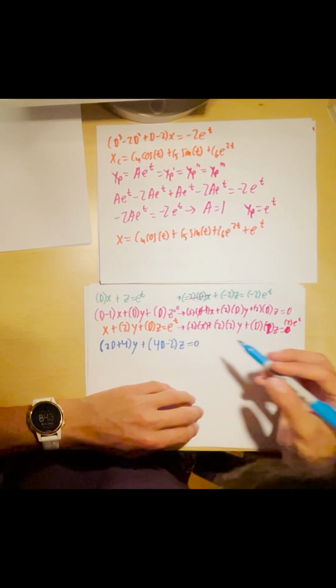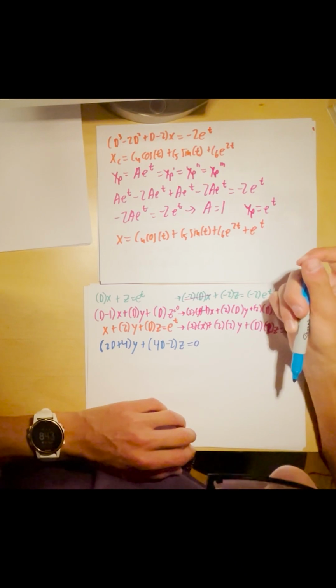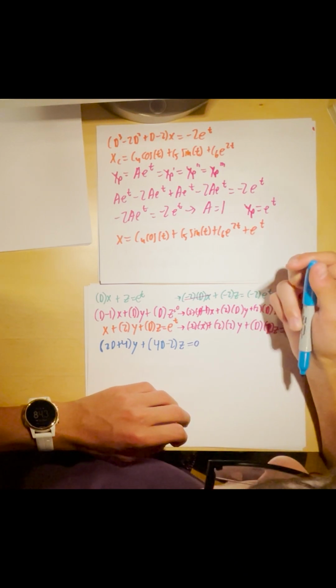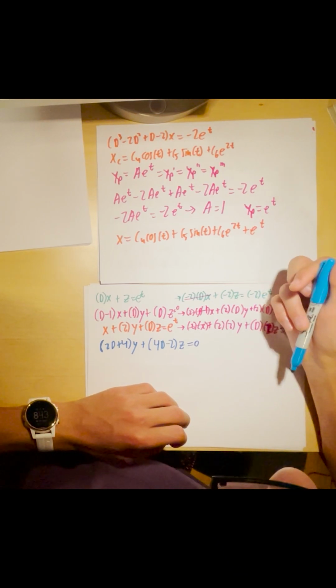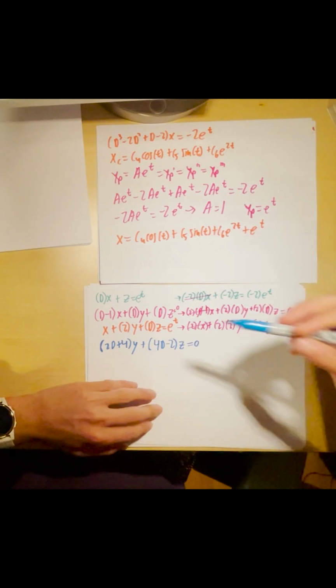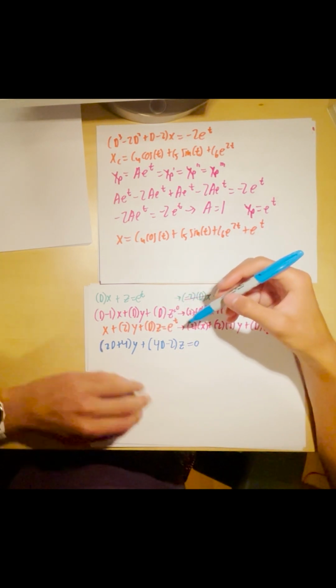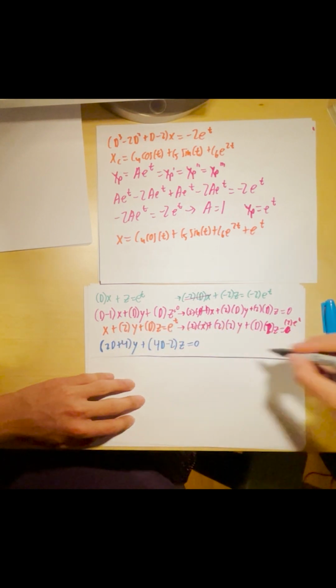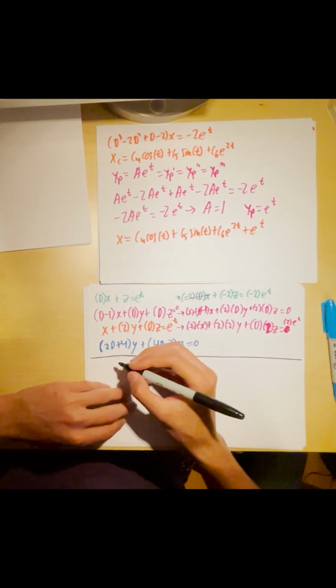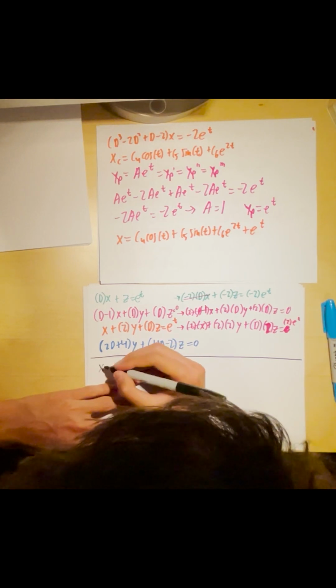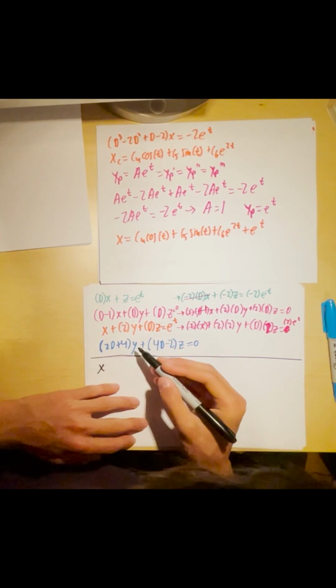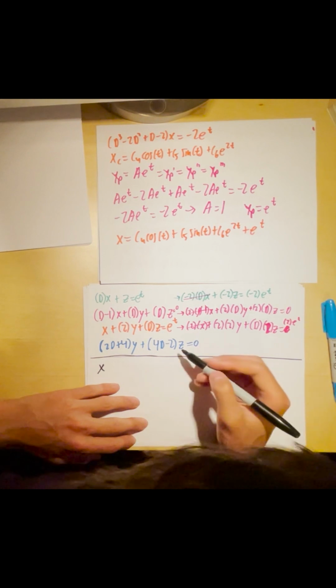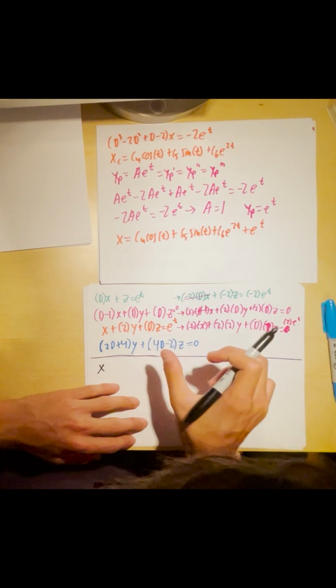So this is a useful equation. Now we have y in terms of z. Now the goal is, I'm going to take the third equation, this one, x plus 2y plus dz equals e to the t, and we are going to make our equation for z in terms of y